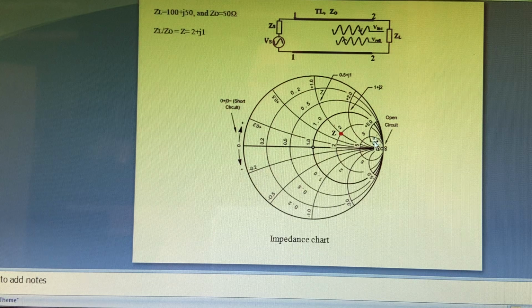impedance Z. These are the resistance circles, and these are the reactance circles. The upper part is associated with positive reactance values, and the circles below are associated with negative reactance values, as we discussed in the previous topic. Two more circles, the conductance circles and susceptance circles, we will discuss now.